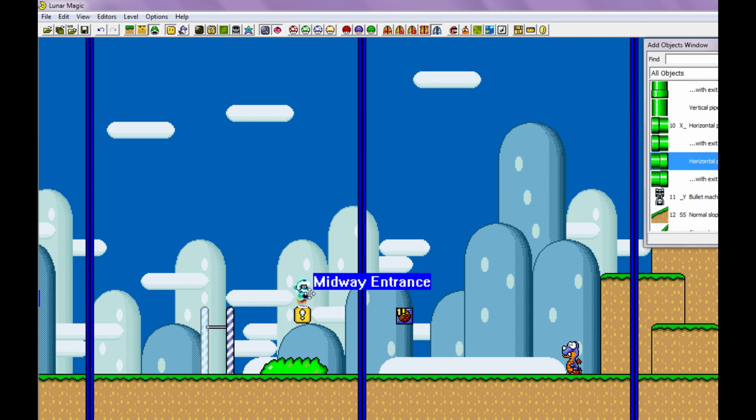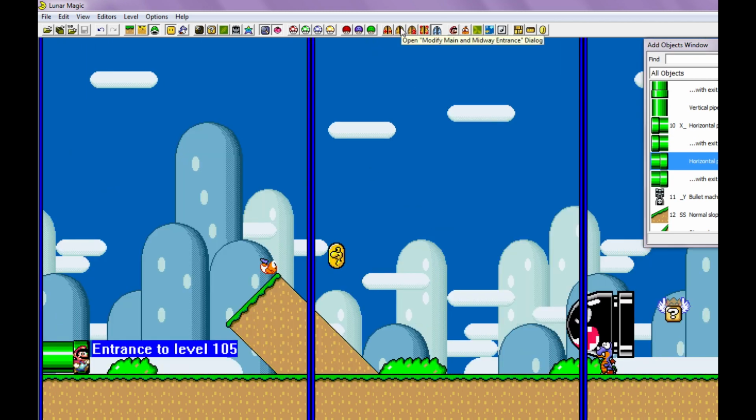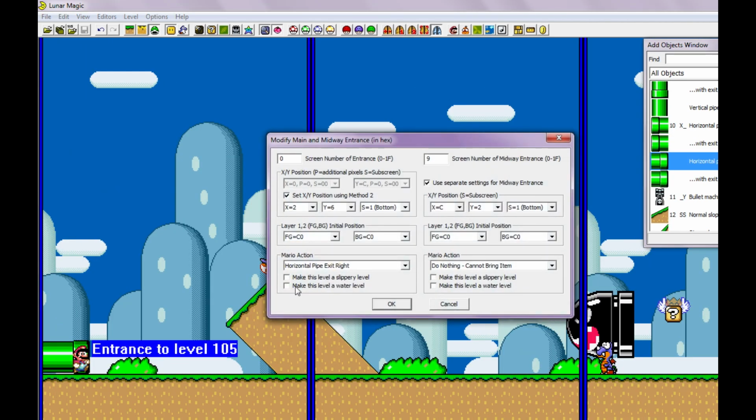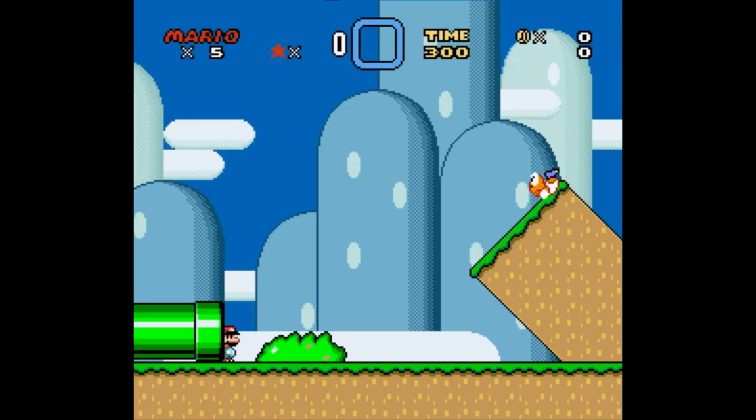But we could say, we'll have him stand on top of that when he comes in. If there's no block there, he'll just fall. So yeah, you can do the same thing here. And another notable thing here is you can make it a slippery or a water level like this. Like we can say make this a water level right now. Bada bing, bada boom. And that means when we enter the pipe, we're going to be underwater, because that's how